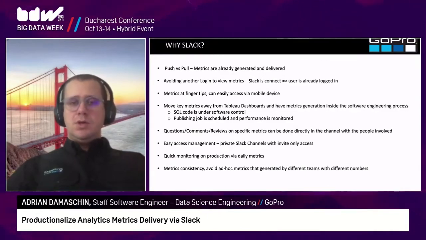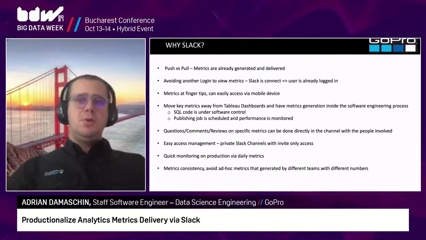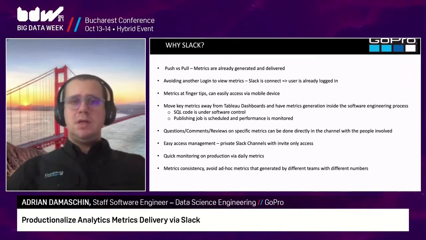The second one, which is used for more complex metrics, is generating the metrics in advance. So how does that work? We have a separate job that goes through all of the tables, all of the data sources, and generates the metrics and saves them in a metrics table.